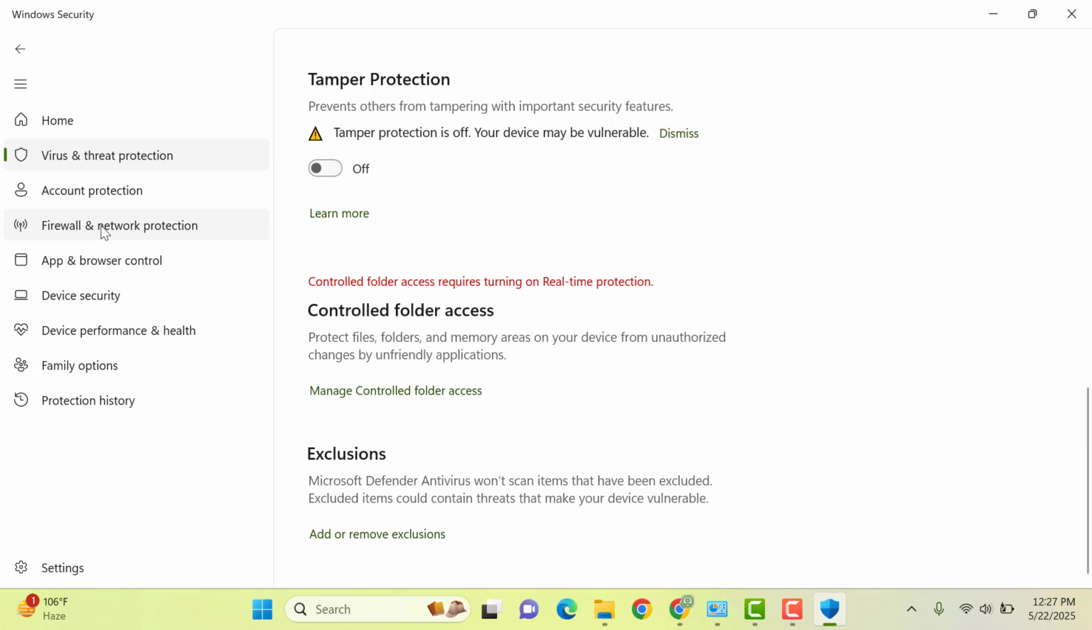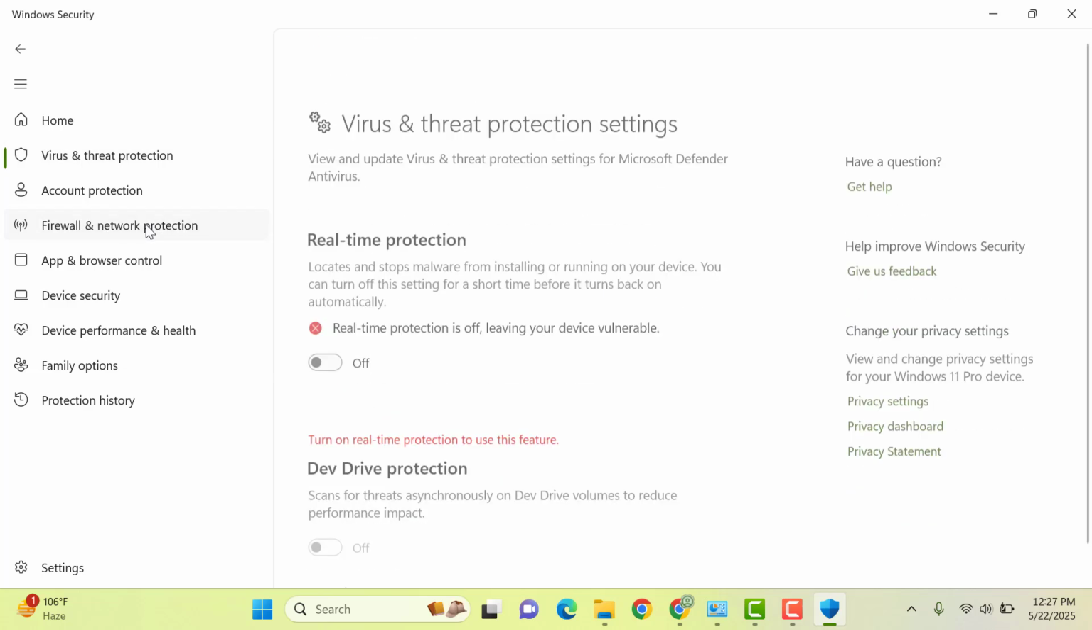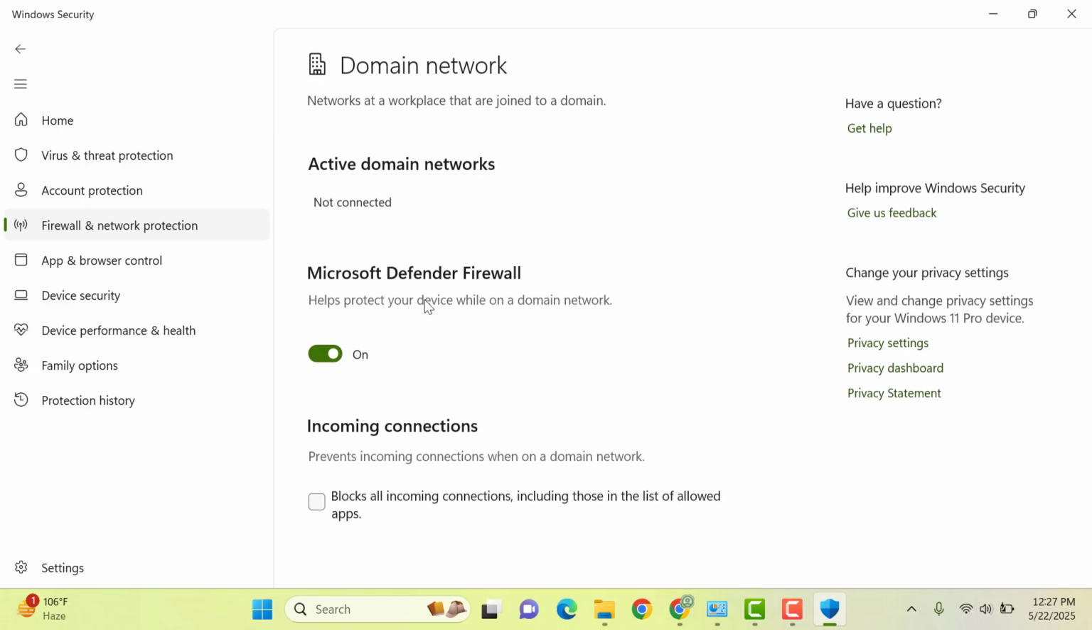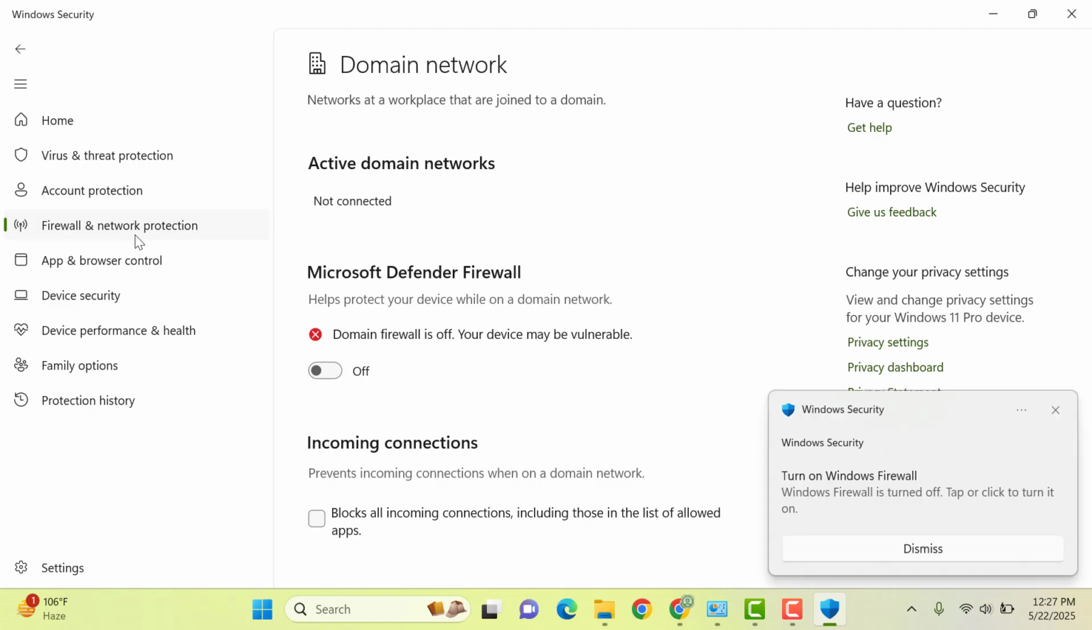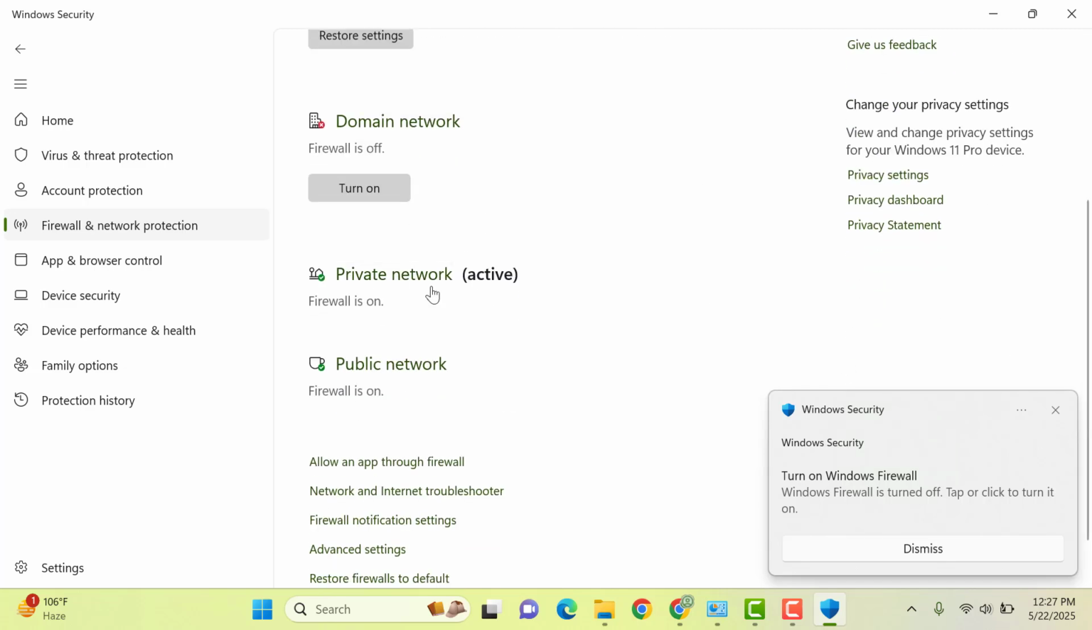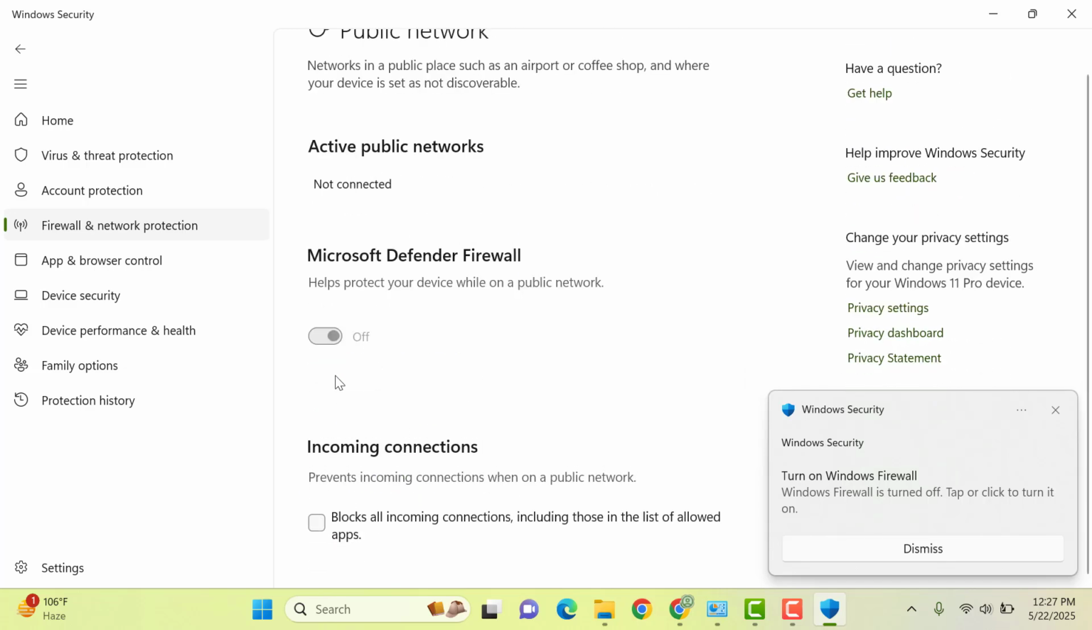and then you can go firewall and network protection. You can also turn off these domain network, as well as if you want to turn off private network, public network,